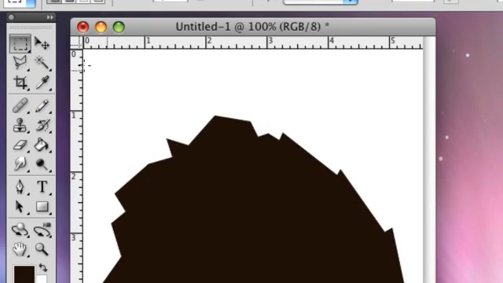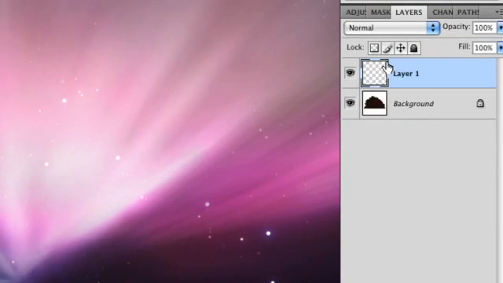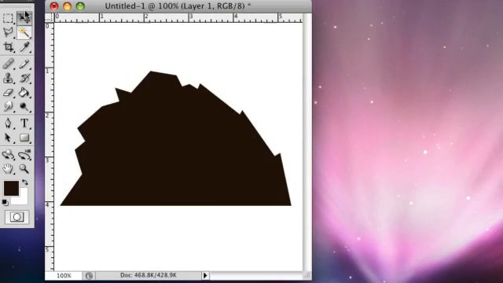Now that you've got that as your foundation, you want to make a new layer, which is down here in the right hand corner in the layers tab. When you create the new layer, you'll see a Layer 1. What we're going to do is make a white cap on this mountain. So we're going to go back to the polygon tool, and we're going to start right on the right hand side here, and we're going to go down and just kind of